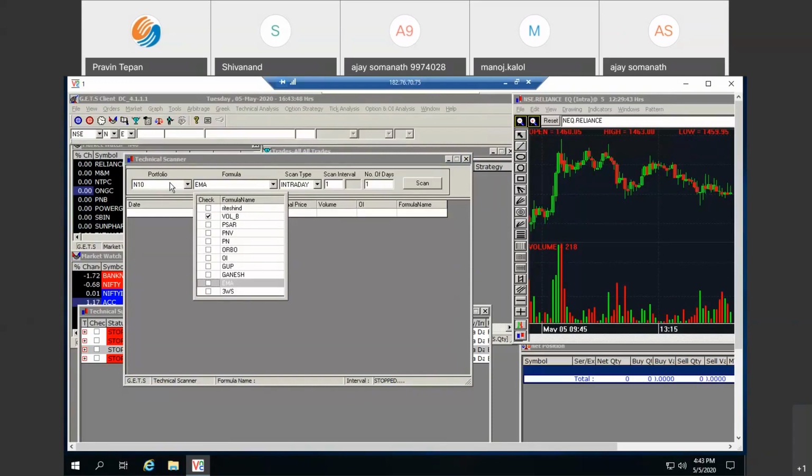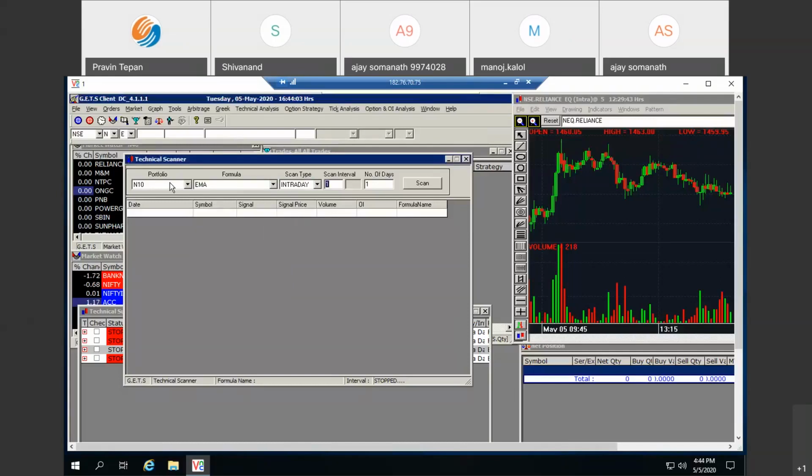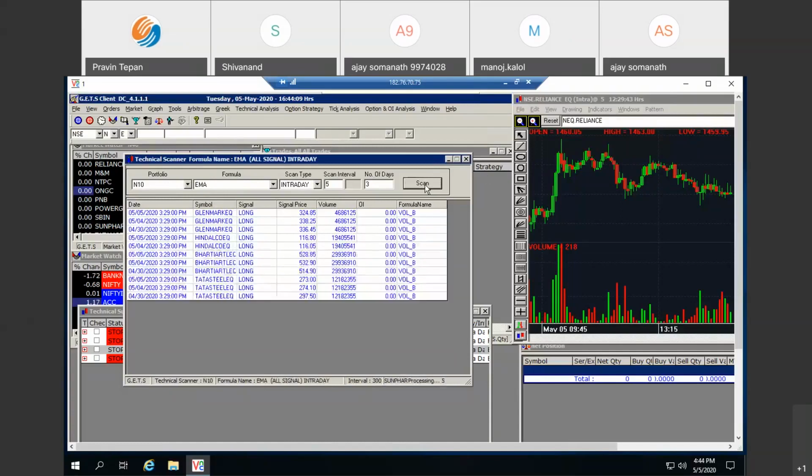So you can run market scans also. You select the portfolio and any condition, like whenever the volume is 5 times, 10 times the previous candle or previous day, then I want to show all those scripts. Like this you can run market scans here also. I'll just run this as a testing run.